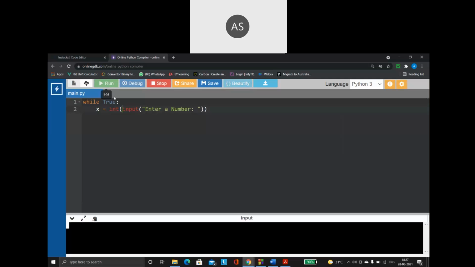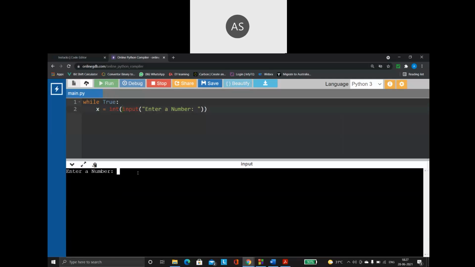When I run this program, every time it has to keep on asking you until you enter 0. First time when I give 10, again it has to ask me to enter a number. I'm giving some value, again it asks me. So see, this is going into an infinite loop now.